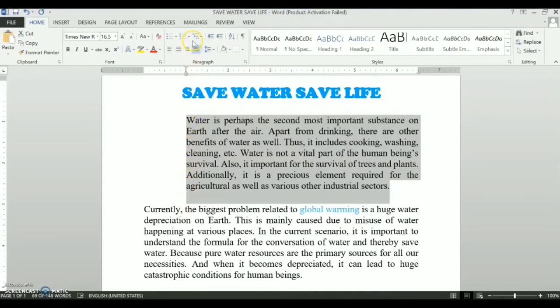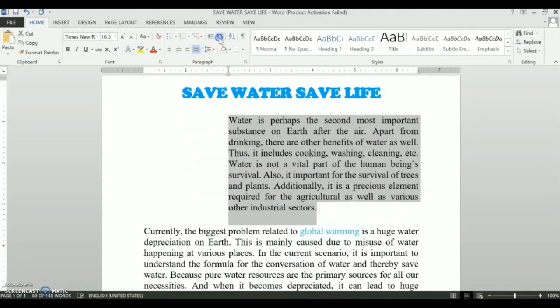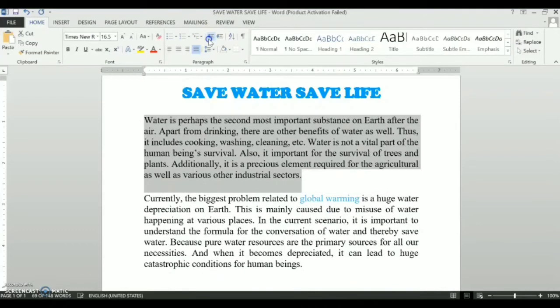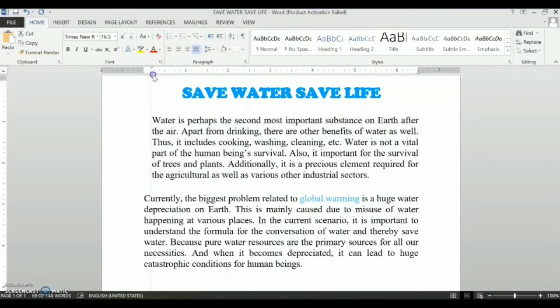See, the entire paragraph is shifted. Now click on the Decrease Indent button. So it will again come closer to the left margin. Each time you click on the Increase Indent button, the paragraph will move ½ inch away from the left margin.